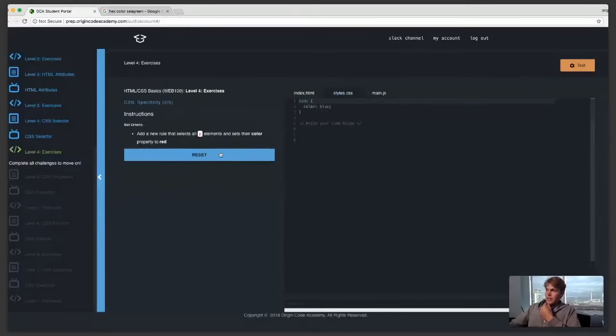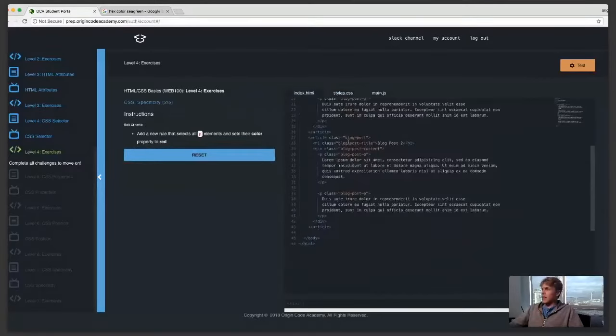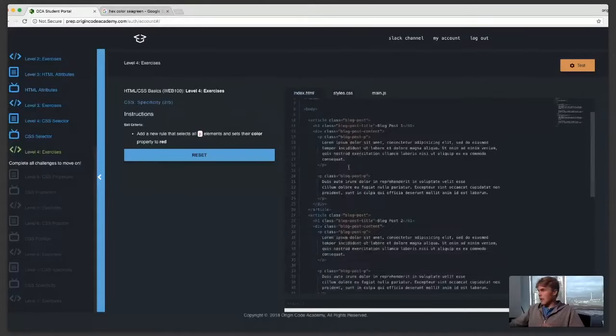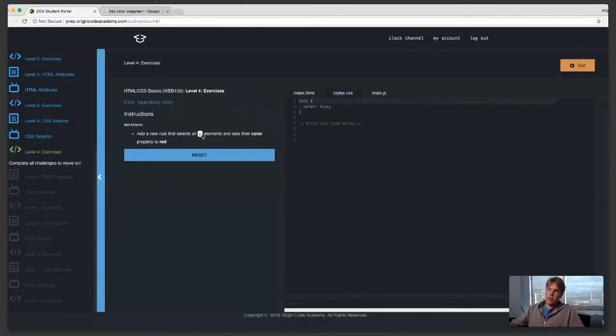So style CSS, hit start, our standard procedure, and it looks like this might be modifying the same document as the last one. So that's kind of cool. We can build onto our CSS rules and see how multiple rules affect the HTML document. So now it's asking us to select all the P elements. Again, we don't need to use the ID or class selector because we're selecting all elements themselves. And these elements, some of them have a class name, but we're not worried about that yet. It's just asking us to select all P elements, regardless of their class or ID. And so, in order to do that, we just